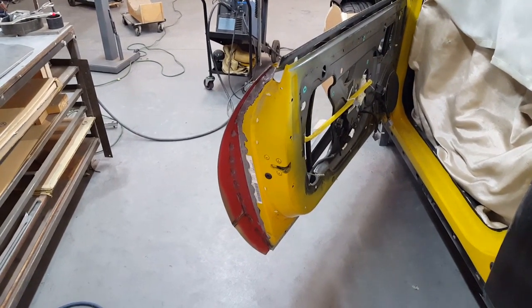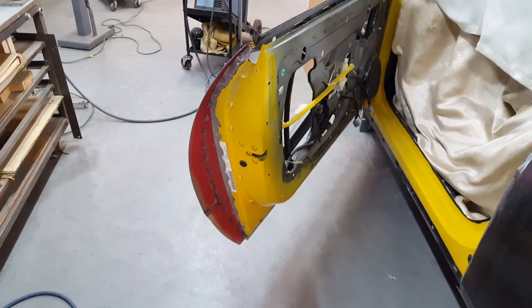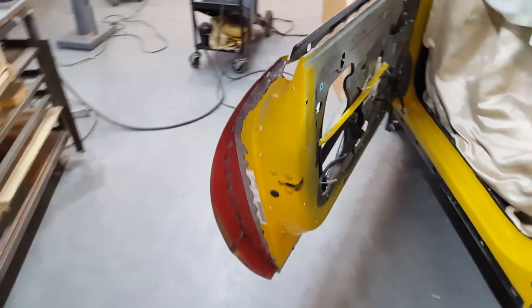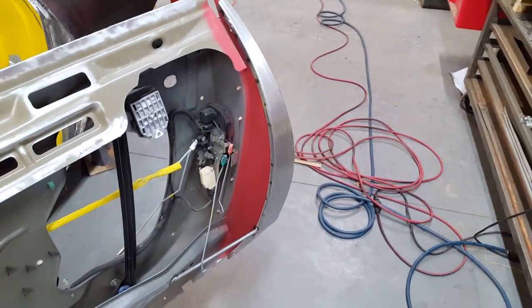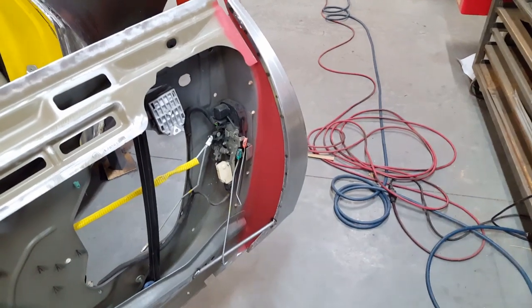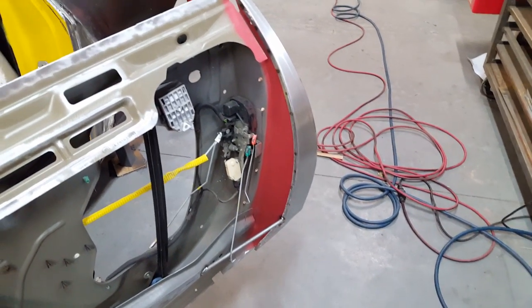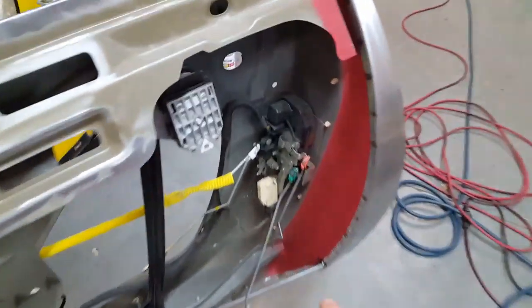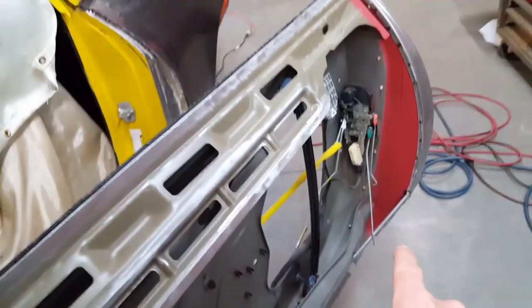All right, without dragging you through the whole process again, I'm establishing the perimeter of this door just the way I did on the other side. And this one went a little bit easier because I do have some of the patterns from the other side. While they weren't exactly right, I was able to refine them, and they worked out okay and sped up the process a bit. So I started with this piece, which gives me the profile of the door,